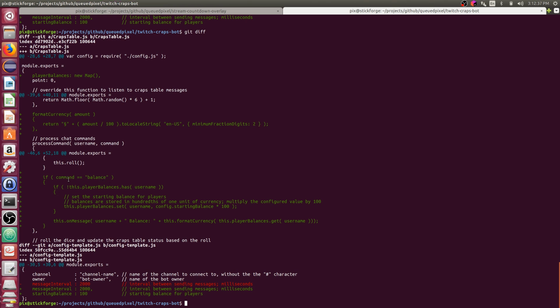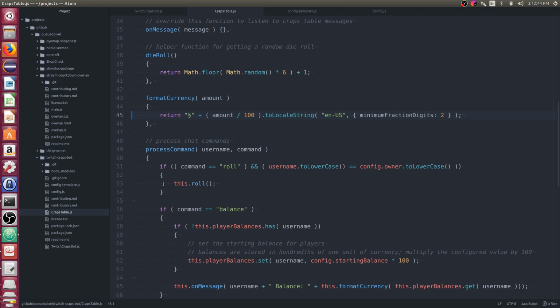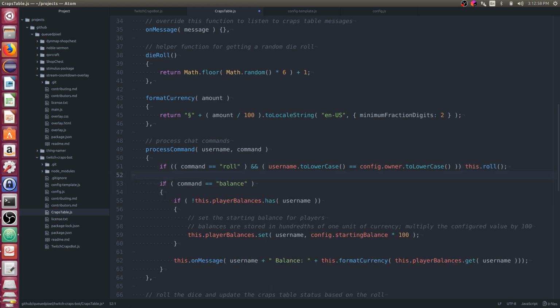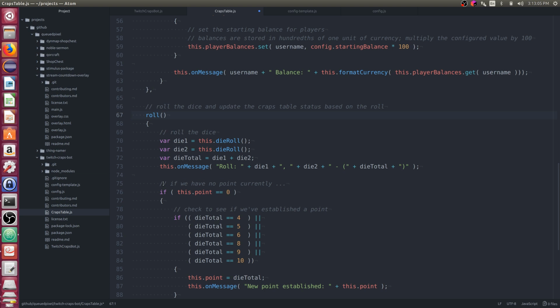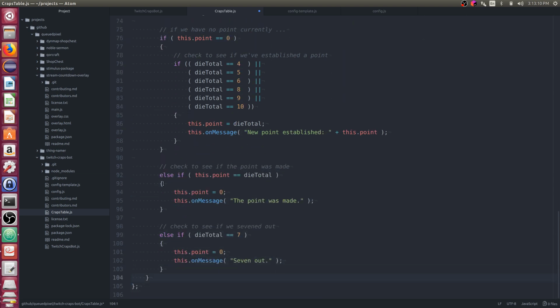Then we've added in this balance command. And one of the things that might help here is to simplify this a little bit. We don't need to have this be on its own section there. We could do this, and let's add in like a player balance command or function.